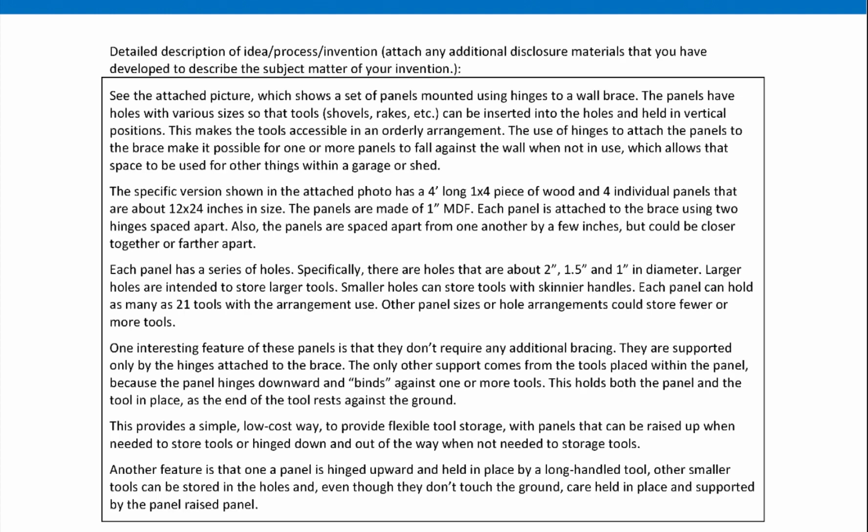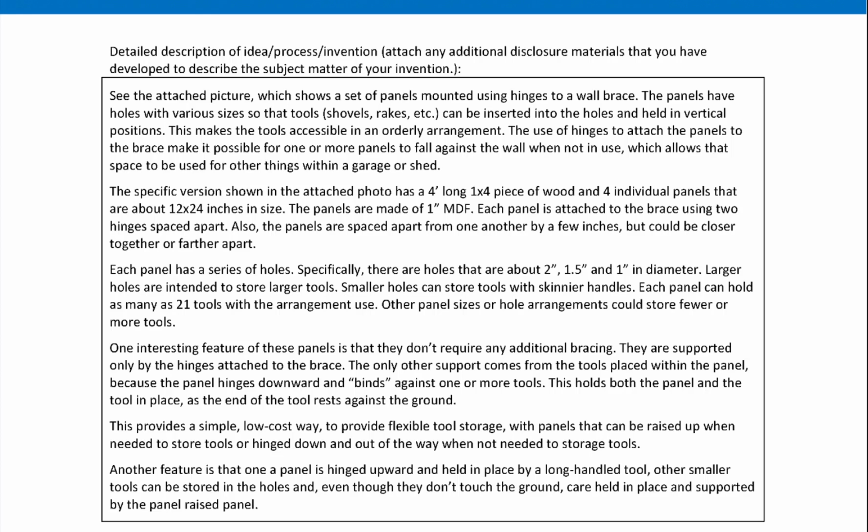So I've got my detailed description here that goes into a little bit more detail. And what I did, instead of going into a lot of written detail, was, as I showed you before, I put a photo in that I took, and then I put in a little bit of description around what's in the photo. As you can see, if I were to just describe it in words now looking at the picture, it's a couple pieces of wood with holes drilled in them of different sizes. Those pieces of wood are attached to a back brace board that has hinges on it, so these panels can